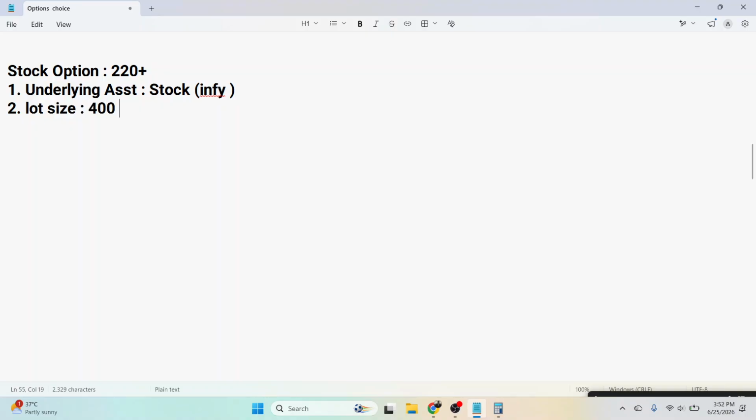ठीक है। तो लॉट साइज है 400, मतलब हम 400 शेयर का कॉन्ट्रैक्ट बना रहे हैं, 400 शेयर की जो वैल्यू होगी उस हिसाब से हम कॉन्ट्रैक्ट बना रहे हैं, ओके। नाउ इसकी जो एक्सपायरी होती है, जैसे मैंने आपको बताया, एक्सपायरी वुड बी मंथली ओनली, इसमें वीकली एक्सपायरी नहीं होगी। सारे स्टॉक्स की, कोई सा भी स्टॉक की जो एक्सपायरी होती है वो मंथली होती है, वीकली नहीं होती। वीकली बताया था सिर्फ निफ्टी और सेंसेक्स की होती है, अदरवाइज किसी की वीकली नहीं होती, बाकी सबकी मंथली होती है।